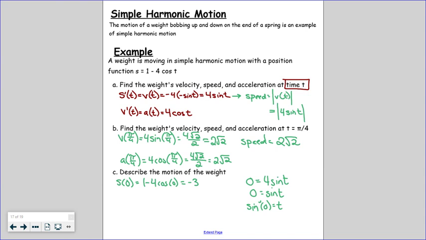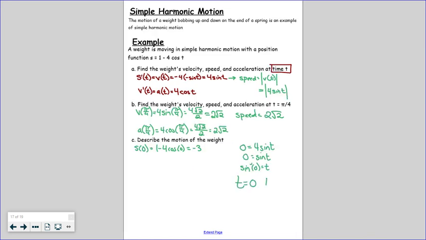Where on my unit circle is the sine 0? Well, if we think about each of the places where that's going to happen, your sine value is the second number in each of those ordered pairs, right? So if we look at our options 0, 1, 0, and negative 1, sine is 0 here at an angle of 0, or a time of 0, and also at pi. So the two t values that would make sine equal to 0 would be at 0 and at pi. Well, we already looked at time equals 0. Our weight is down at negative 3. Where is it at pi